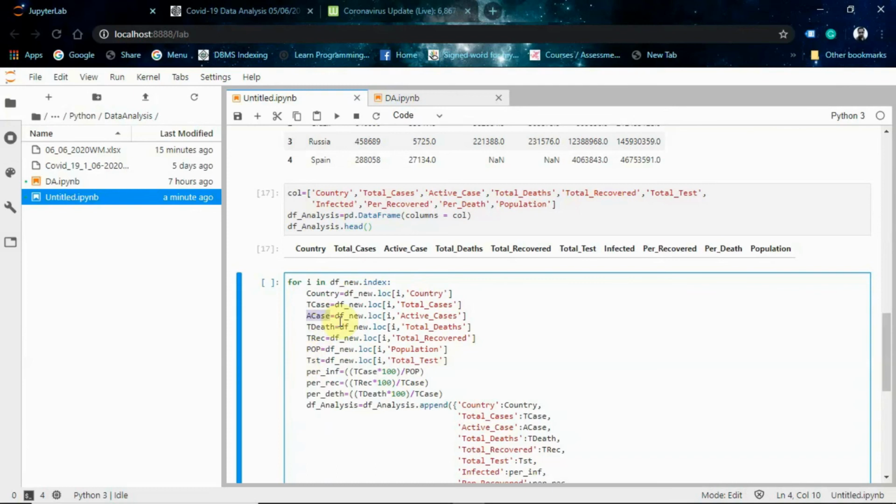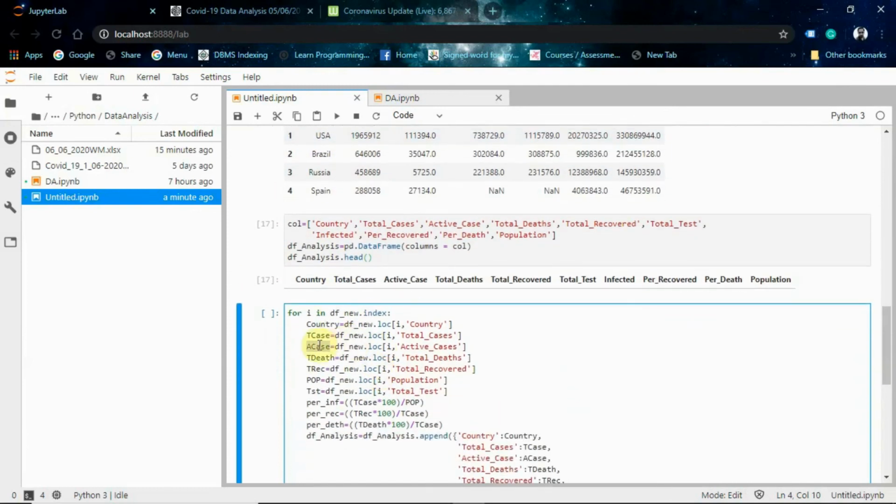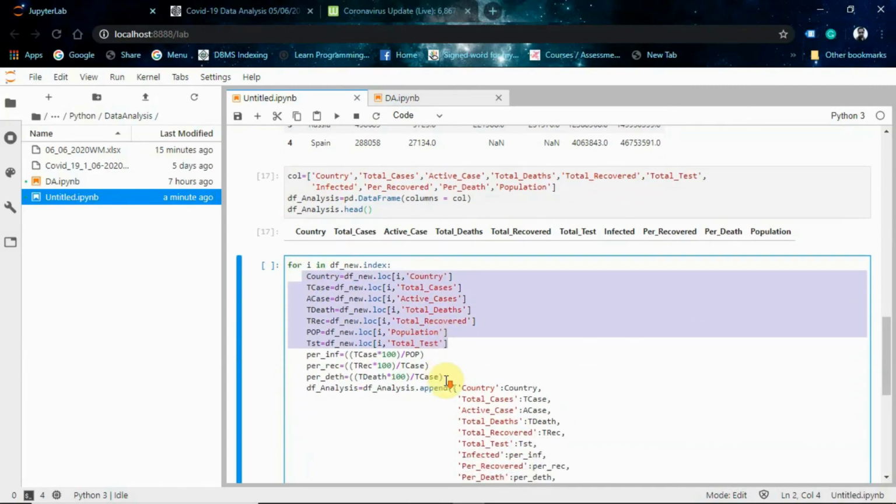So just to explain the process, take the example of US in the second row. When the for loop runs the second time, it will collect all this data of US, and we will take the total case of USA, multiply it by 100 and divide it by the population.